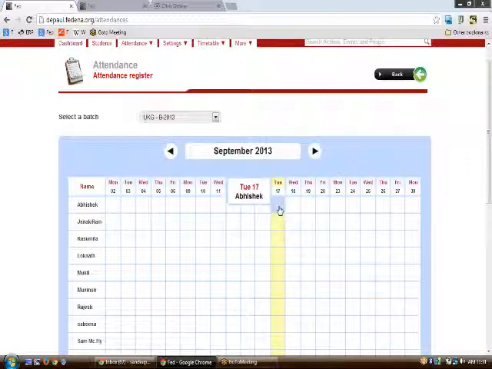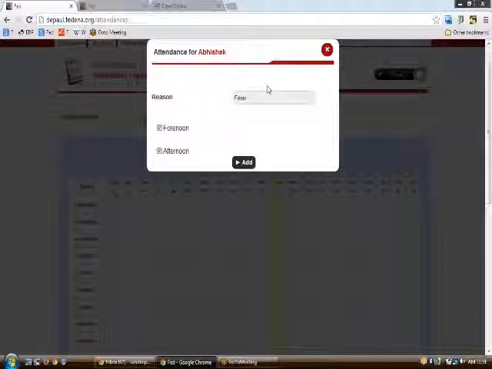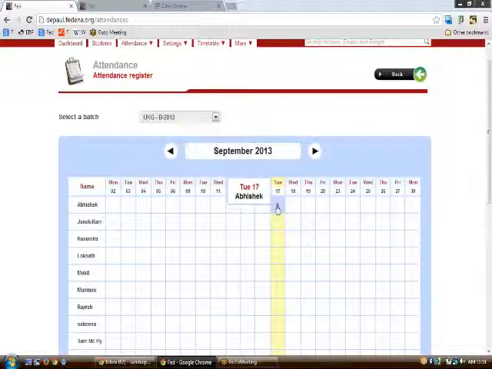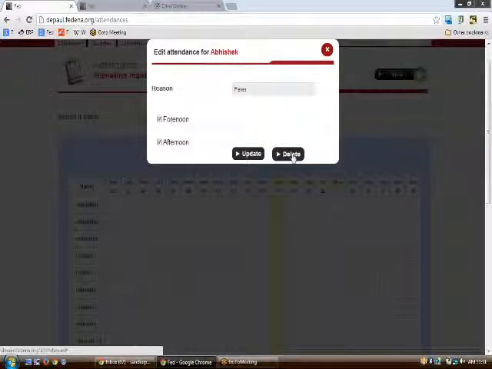And if you want to mark any of the students absent, then all you need to do is just go upon and click that particular student's name. So I would be marking Abhishek as absent, and at a later period, if you want to delete him, then you can also delete the absentees.